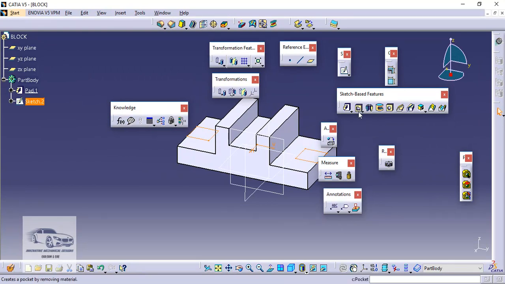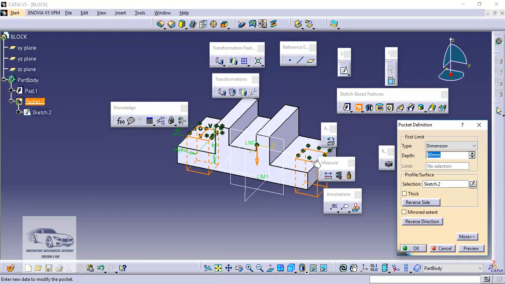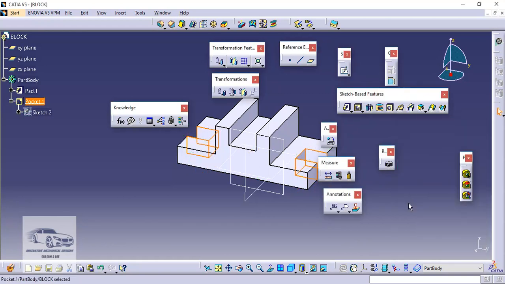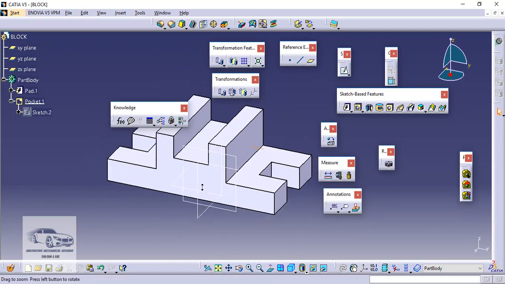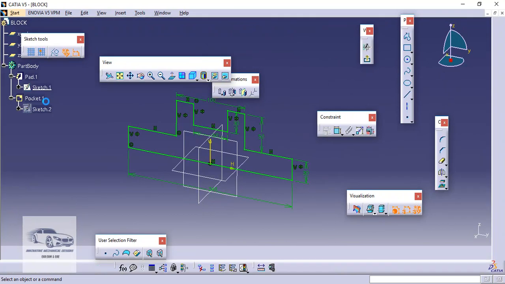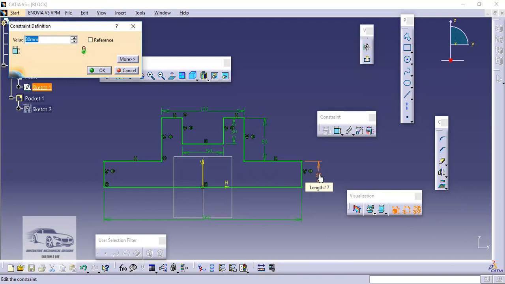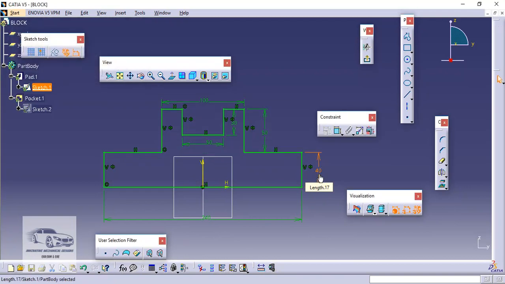Now we have to create a cut. For that we will take the option of pocket. Now the cut has to be maintained till the end. So the total height is 30 mm, so we will input 30 mm. Now for example, let us say after my part is completed, at some later point of time my design requirement gets changed, and here in the sketch, now let us say I have to maintain this dimension as 40 mm. Now if I edit this length to 40 mm,